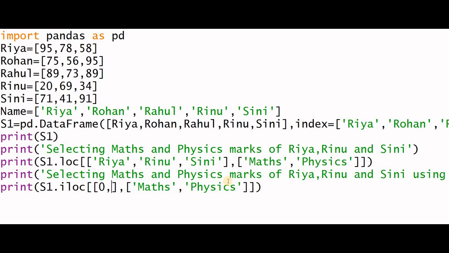Renu is at 3rd index. Sini at 4th index. So the row list is over. Now we will write the column list. Maths is at the index 1 and then physics at the index 2. Now we will check the output.